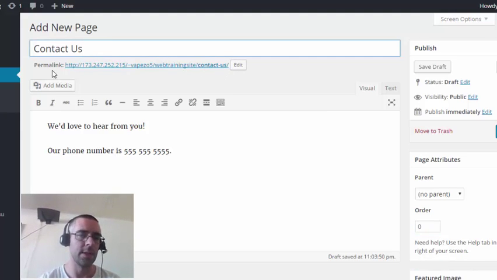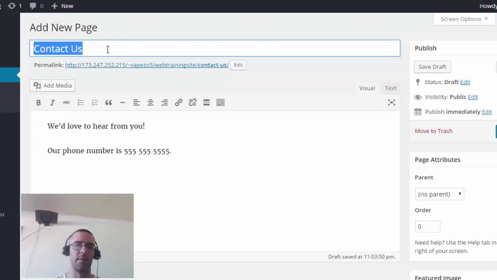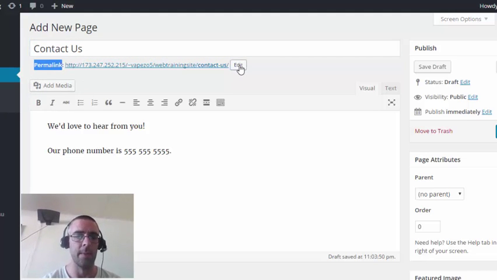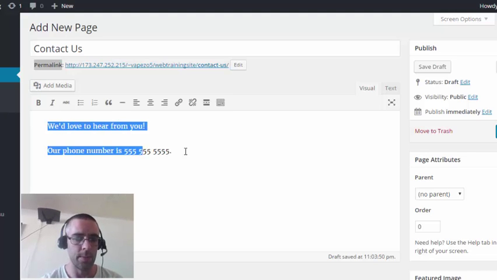And we can talk about permalinks and how to use these the right way for search engine optimization in a different video. But for now, you can just know that the permalink is here and you can change it with this edit button. Other than that, the last area that we haven't talked about is probably the most important area,